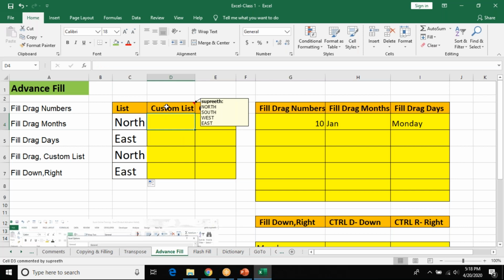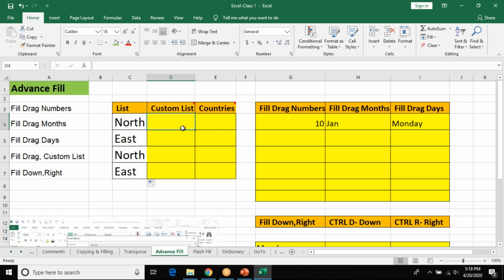When I drag it, it should come north, south, west, east. Now when I drag, I should get north, south, west, east. And when I drag, I should get India, Singapore, USA, UK in the same order. How do I do it?